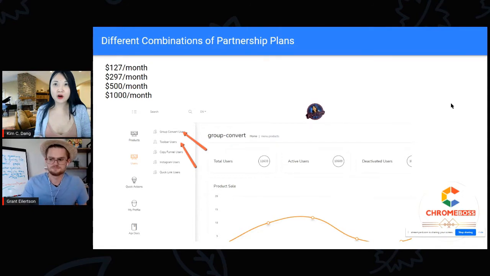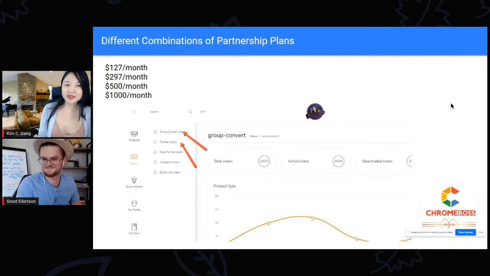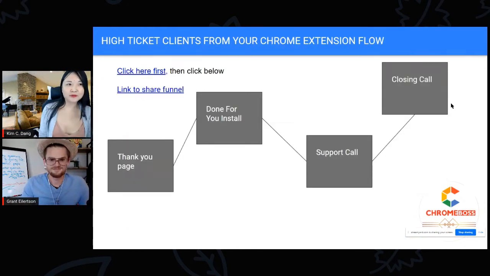Once they adopt that software, they're like, yes, I'm already trying to do this, and this will help me do it much quicker. So much trust is created from that partnership. So the leads are way more highly qualified than a random person clicking on a Facebook ad, wondering, what's this? So it's really cool to have different combinations of partnership plans in order to increase your MRR. And this is the flow of the high ticket clients from Chrome extension flow.